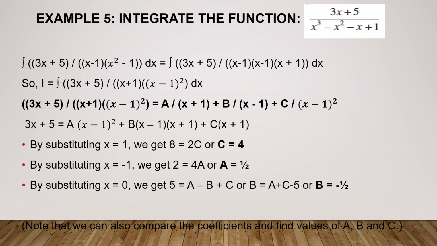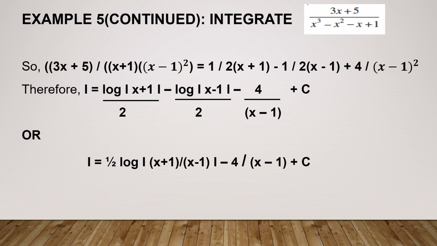Now over here you can find the values of a, b and c by any of the method. Either you can compare the coefficients of x square, x and constant term, or what I have done over here, which makes it more easy, you first substitute x is equal to 1, you get c as 4. Then you substitute x is equal to minus 1, you get a as half. And then you can substitute anything. If you substitute x is equal to 0 for simplicity and solve it, you get the value of b as minus half. So a is half, b is minus half and c is 4. So now our function becomes integral of 3x plus 5 upon x plus 1 x minus 1 whole square